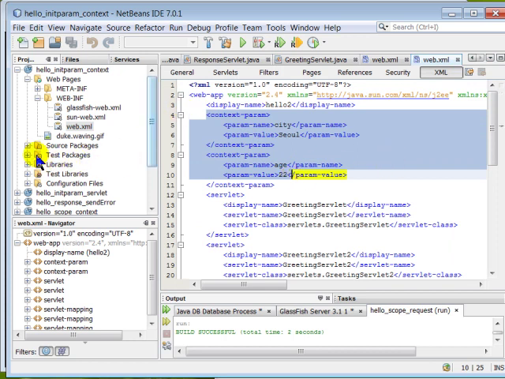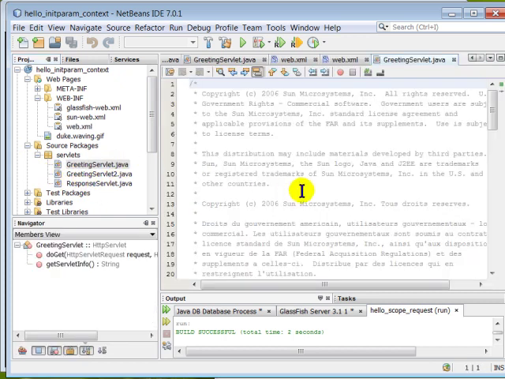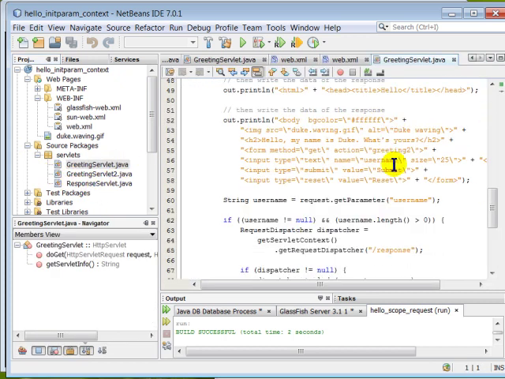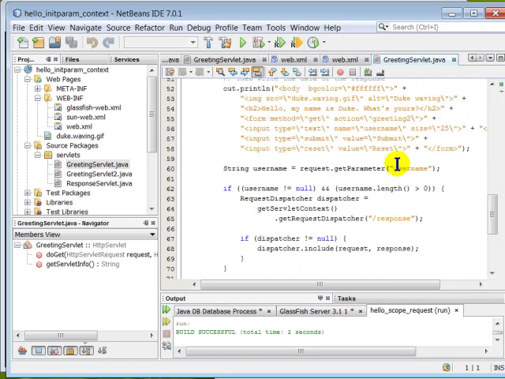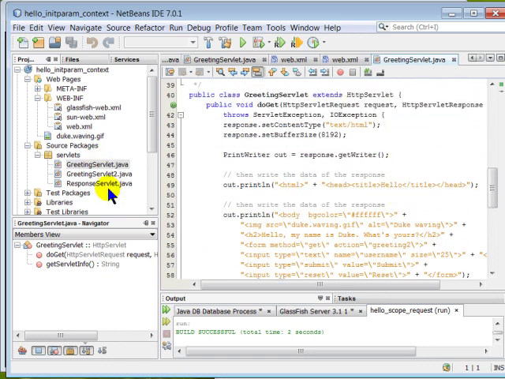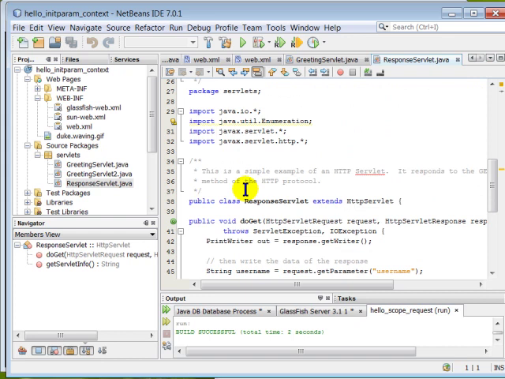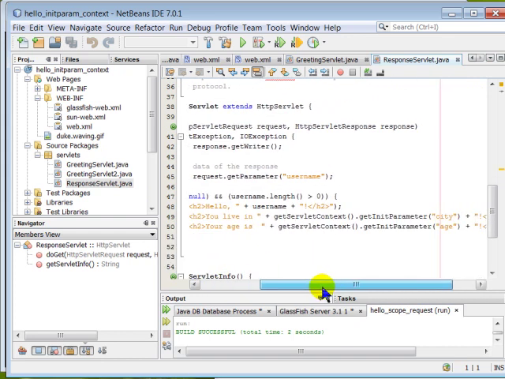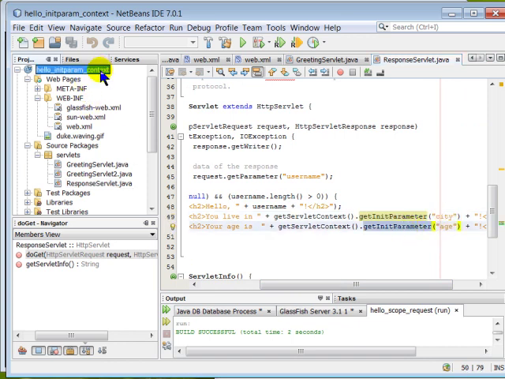Then we are going to access those things. We are accessing them in the response servlet file. Here I'm going to call get init parameter and provide the key name city, and the same thing over here. So if I run this application,